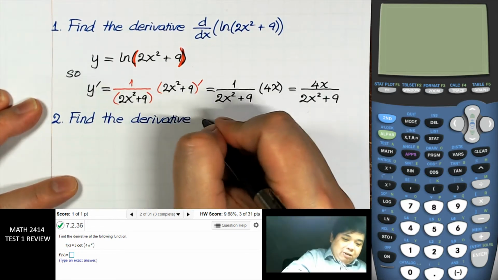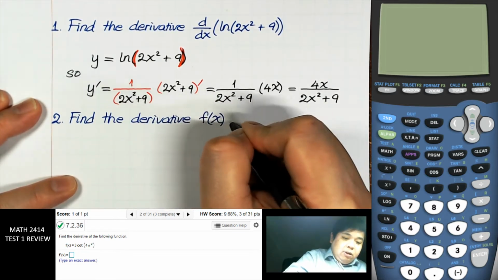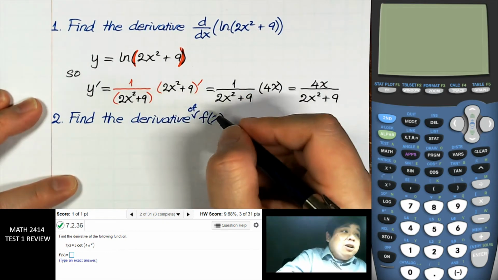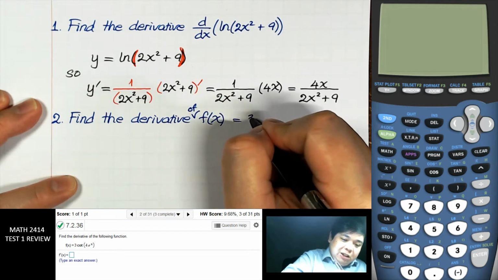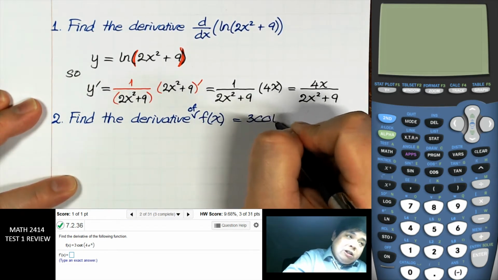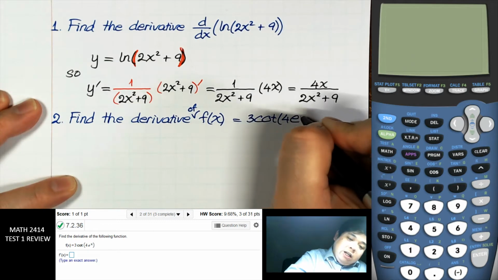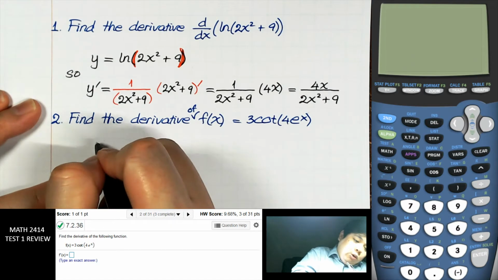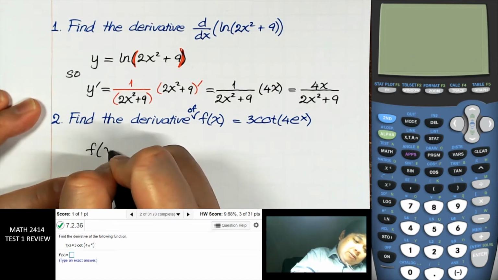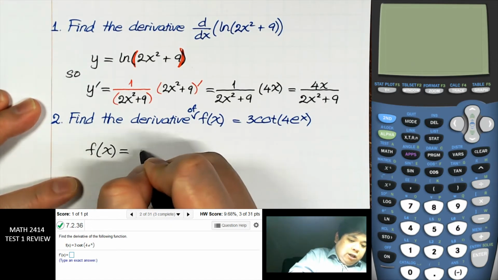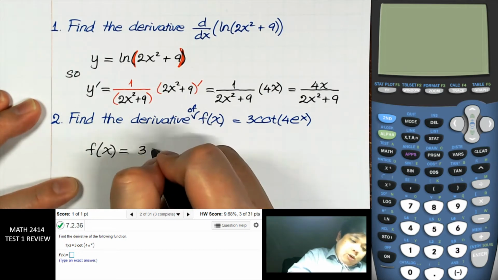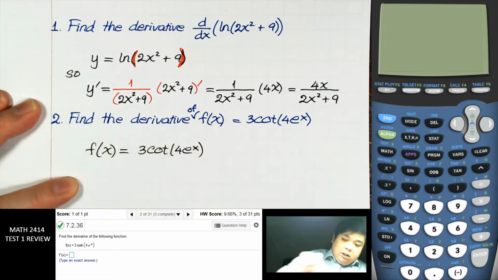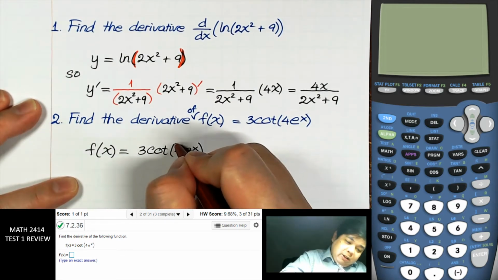Right, find the derivative of the function 3 cotangent of 4e to the x. So the function is 3 cotangent 4e to the x. So when we take the derivative,